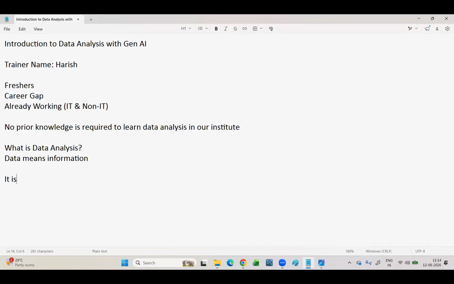I'm saying data analysis is the process of analyzing the data to find the insights. So when I say process, generally, what is meant by process? Process in the sense there are multiple steps involved. In total, there are 5 different steps involved in this particular data analysis. These 5 steps I will be using for analyzing the data to find the insights.